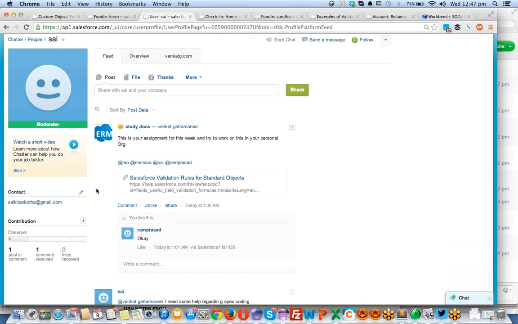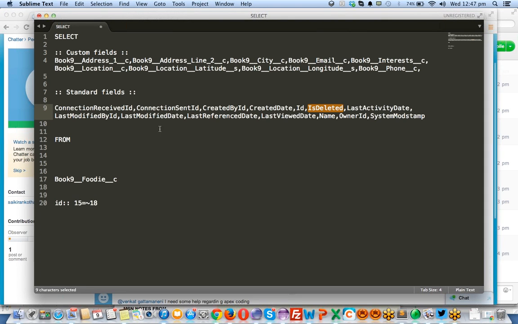Who modified it, you can even see. Suppose Sai created the record today. Rao came tomorrow and modified the record with some bad data. You can identify who modified that record by a field called last modified by. See, last modified date, last modified by ID. Who modified the record, the ID will be there. With that ID, I can track the user who modified this record.